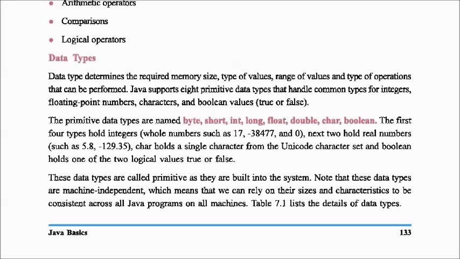The primitive data types are named byte, short, integer, long, float, double, character, and boolean. The first 4 types hold integers, whole numbers such as 17, minus 38, 477 and 0. Next, float and double hold real numbers such as 58 and minus 129.35. Character holds a single character from the Unicode character set, and Boolean holds one of the 2 logical values, true